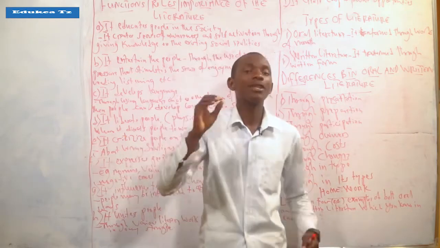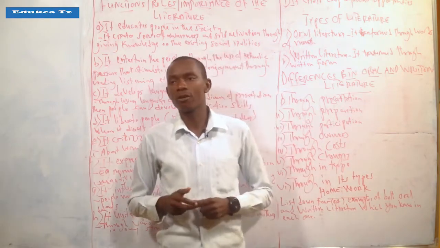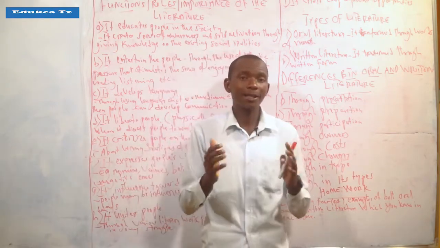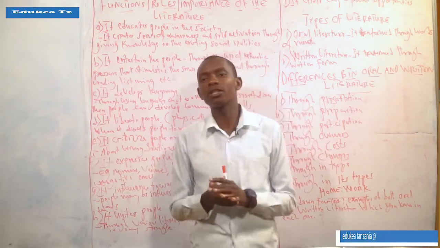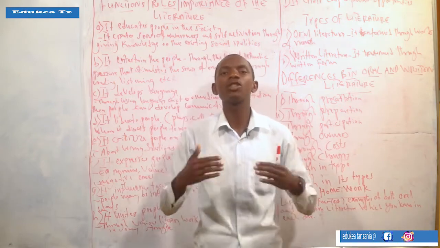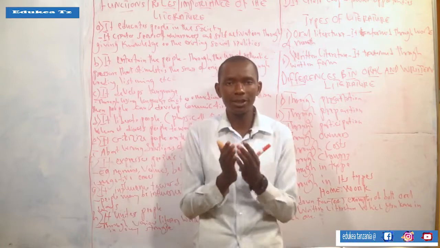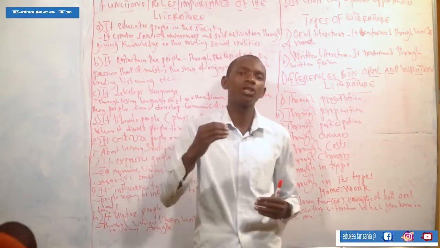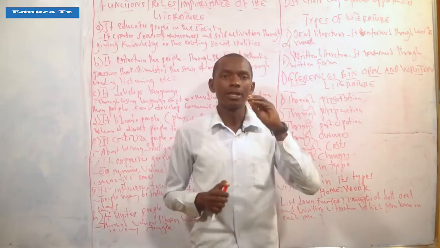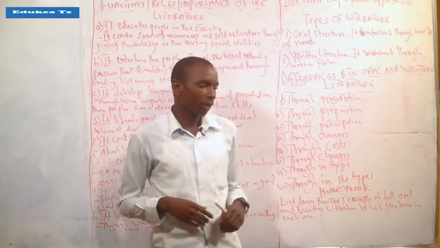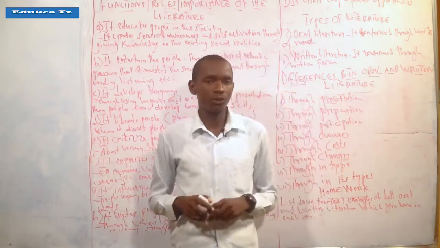Thereafter, we discussed the key terms or basic terms found in the definitions of literature. Here, there are several words. When you look at each definition of literature, you will meet several words which are repeated in more than one definition. Due to that, we discussed those words which appeared in more than one definition. After that, we ended looking at those issues.